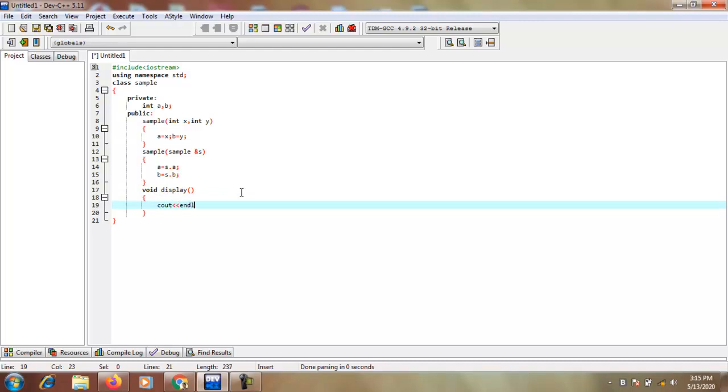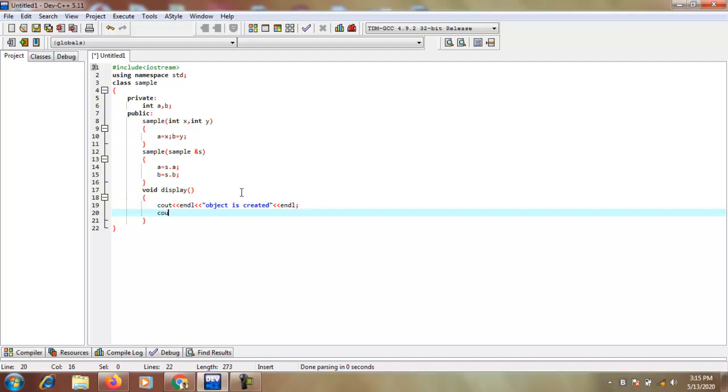Okay, so first I write the endl, and then again use the insertion operator and display "object is created". Then again I use the endl.